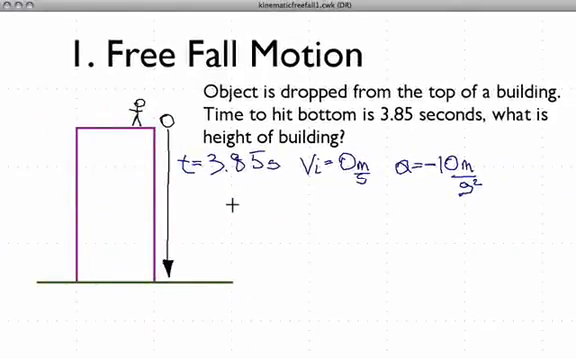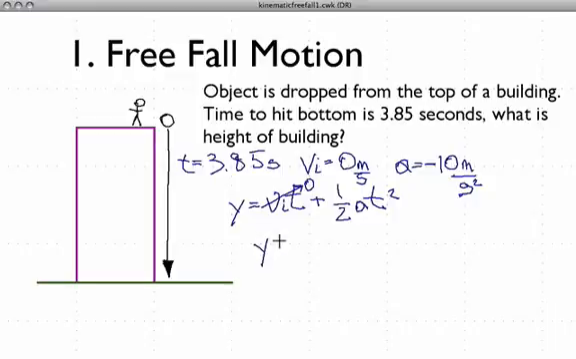Now I'm going to put down here y, because that is the direction that we're going in, and we know that the equation is y = VIT + 1/2 AT squared. Okay, now let's look very carefully at what we know, and it looks a little complicated, but we know here that the initial velocity is 0, and VI times t is 0 times the time, and that means that this whole thing is going to be 0. So now we have that y equals 1/2